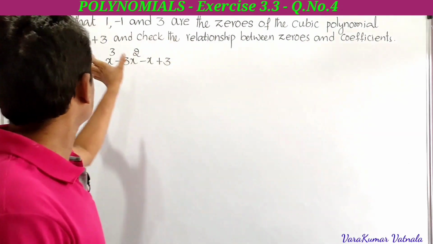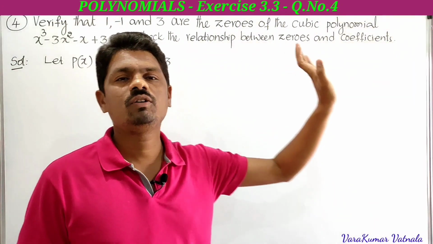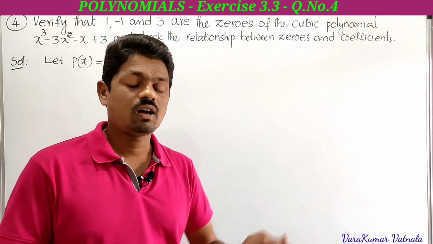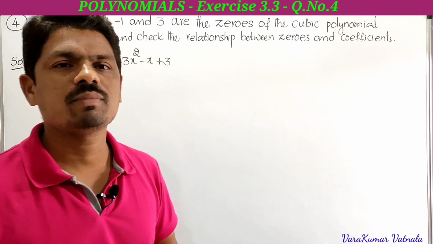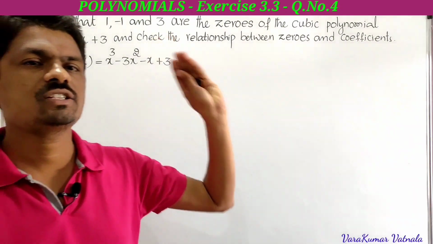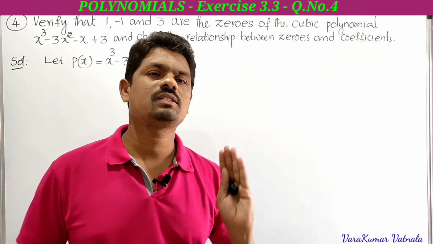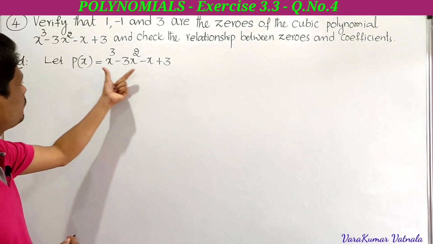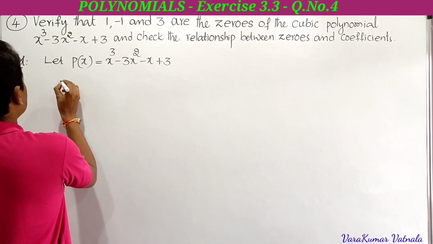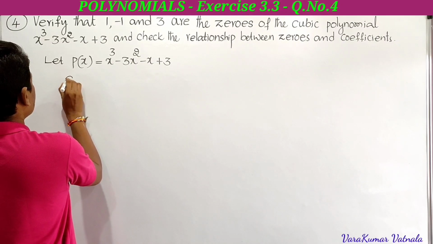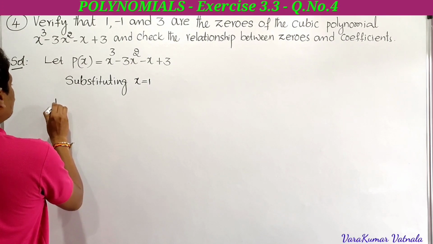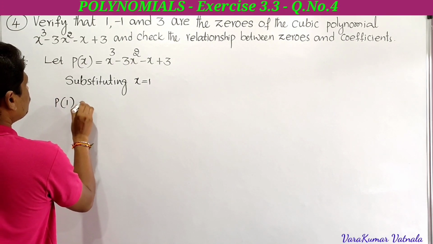Next he is asking to check the relationship between the zeros and the coefficients. First we have to verify whether 1, minus 1 and 3 are the zeros of p of x equal to x cube minus 3x square minus x plus 3. So substituting x is equal to 1 in p of x, p of 1 is equal